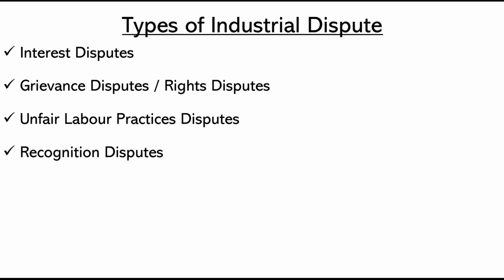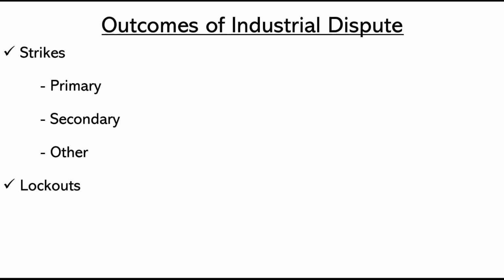We will move on to, what are the outcomes of industrial dispute? Okay. Now, why is industrial dispute very essential? See, because whenever conflict happens, if it is not resolved or if it is not handled properly, things can go out of hand. And what happens when such things go out of hand? Okay. So what are the various outcomes of industrial dispute?